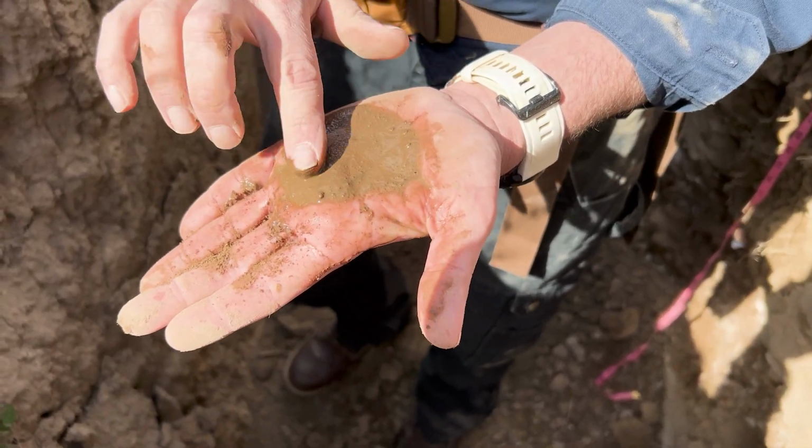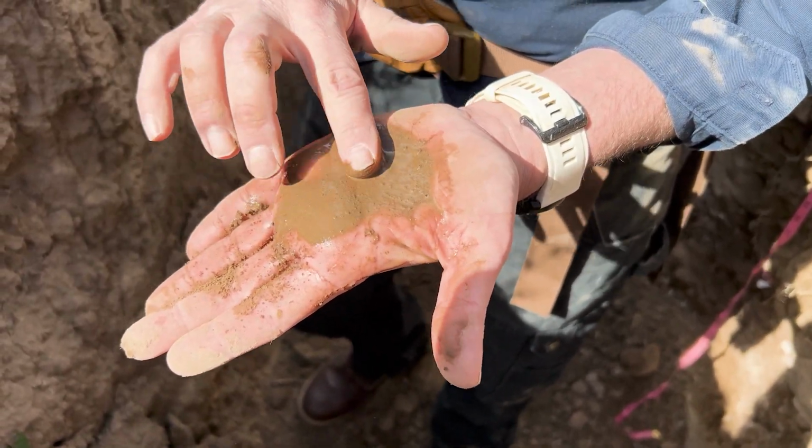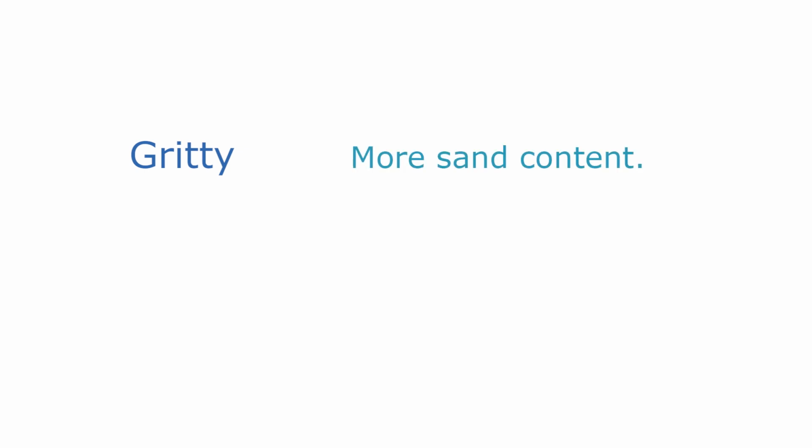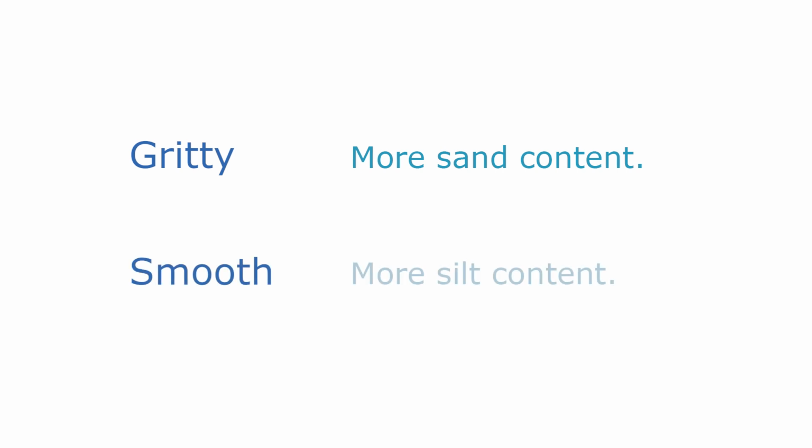Ask yourself, does the soil feel very gritty under your finger? Can you feel a lot of individual grains that are large enough to notice? If so, then there is a significant amount of sand in your soil. Ask yourself, does the soil feel very smooth in your hand? Does it feel like you are rubbing jelly or thick dish soap in your hand? If so, then there is a significant amount of silt in your soil.